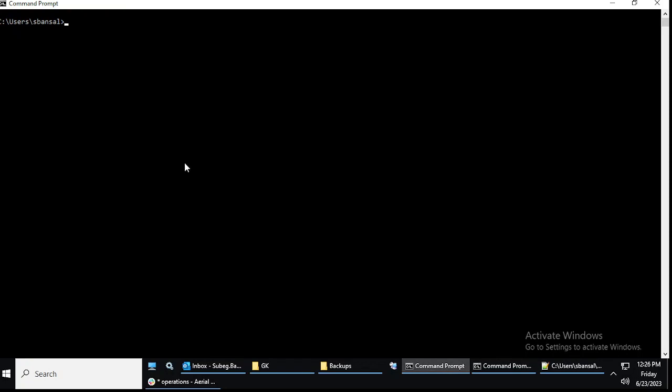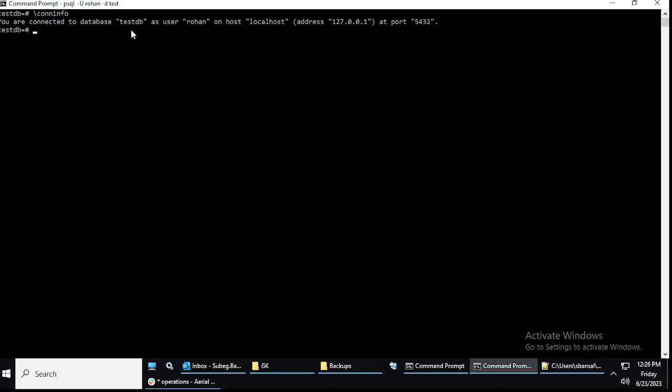I have two command prompts here. One is just the command prompt, and another one is where I have logged in. Let me check my connection info. You can check this. I'm connected to test as the user Rohan. Okay, so